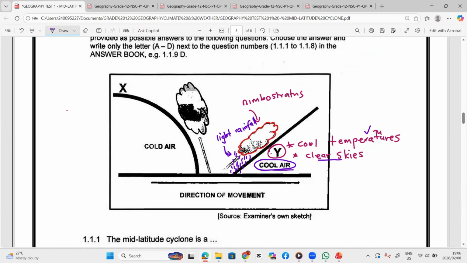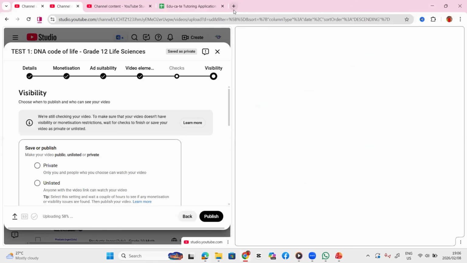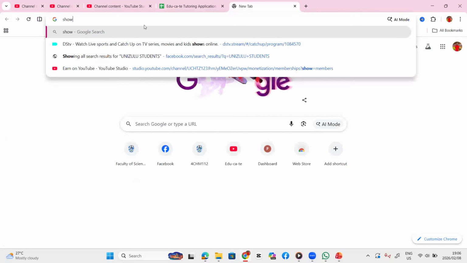Yes, Trevor? I want to ask what is the difference between showers and drizzles? Okay, I think it's better described by a diagram, because explaining it is a bit hard.